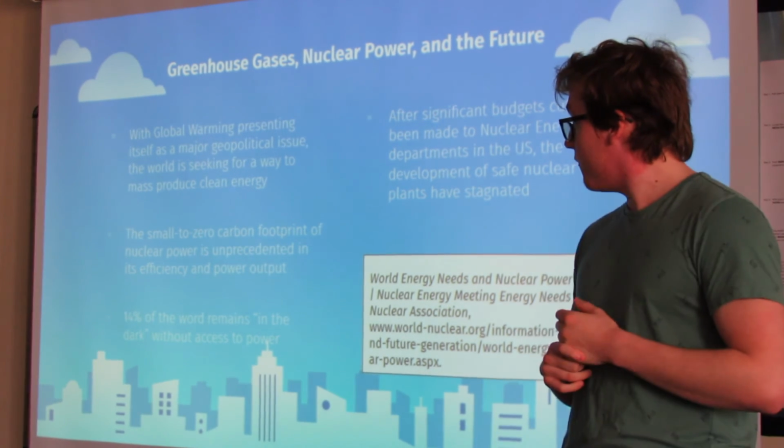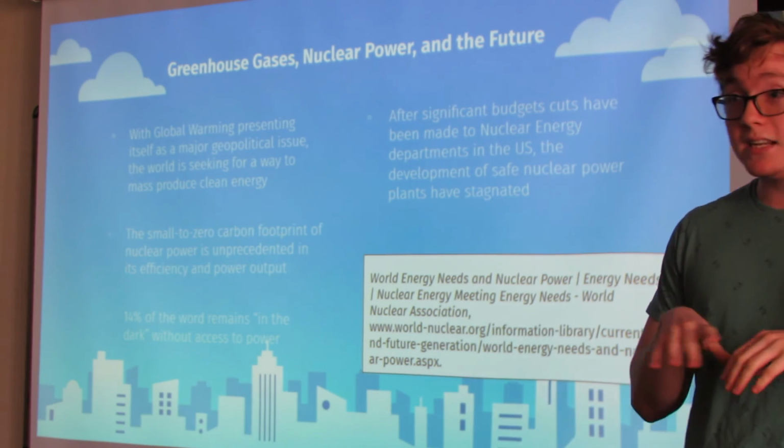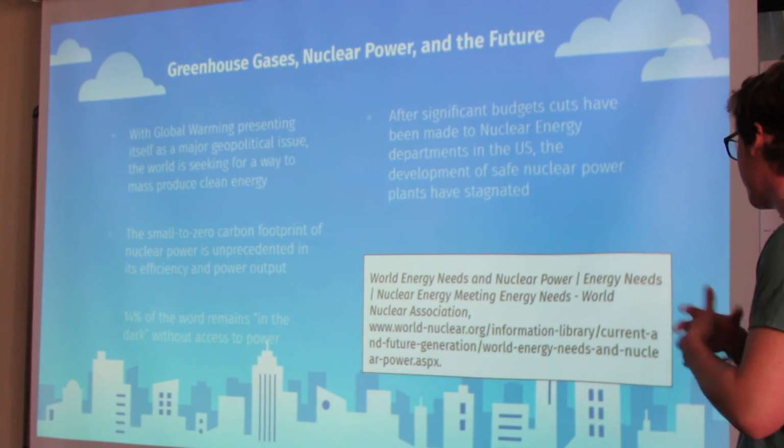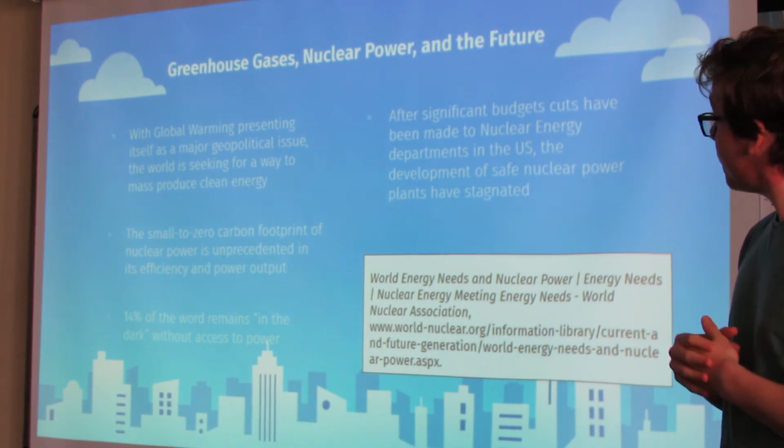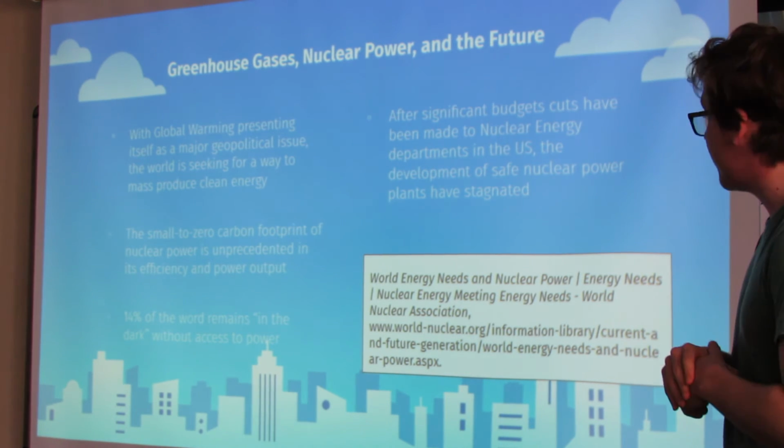For example, right now, 14% of the world remains completely in the dark, so without any electricity. And so even just a few nuclear power plants scattered around the world could start to